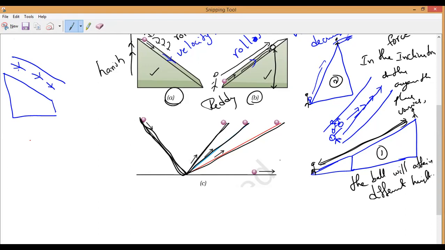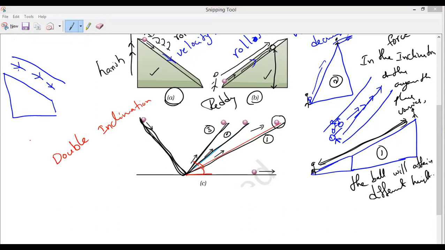Now you tell me, in which case is it traveling more distance? You can see here when it is moving up. Let me take this as case 1, this as case 2, and this as case 3. In which case is it traveling more distance? Case 1, sir. Is the inclination from the surface less or more? Here the angle is less compared to here and here. So he has taken double inclination. Do you understand, everybody? He noticed and observed that the slope of an inclined plane is changed.